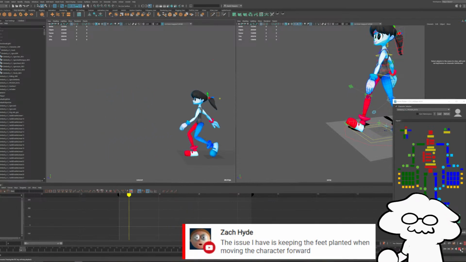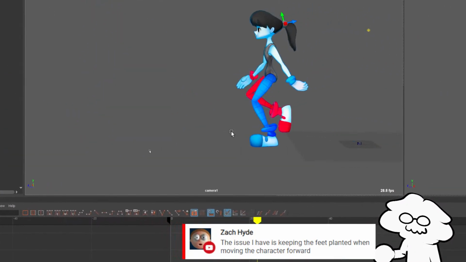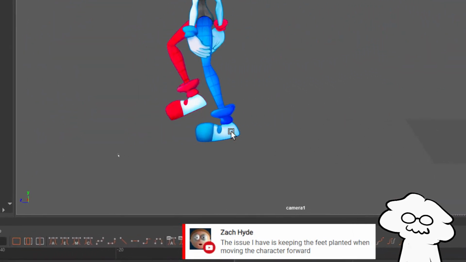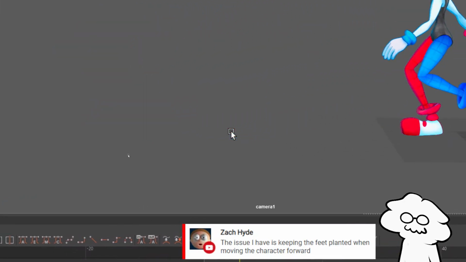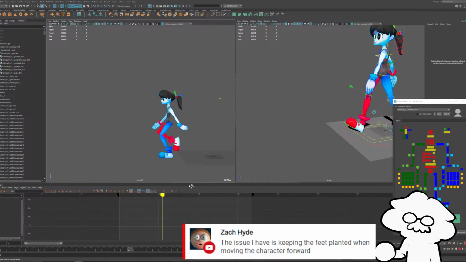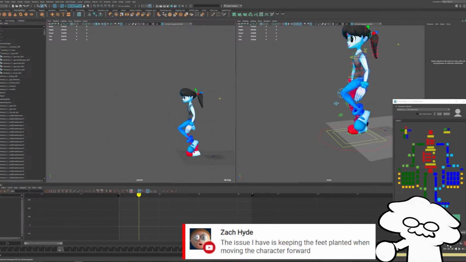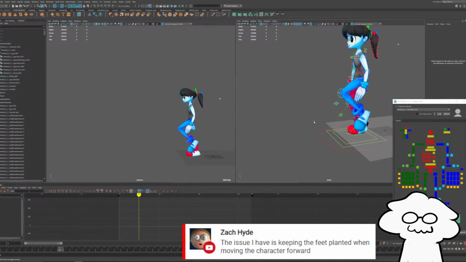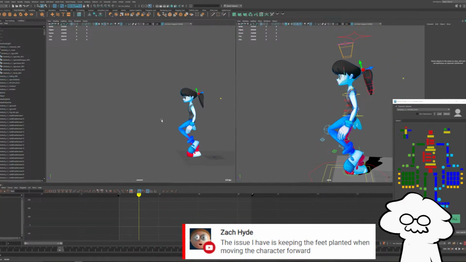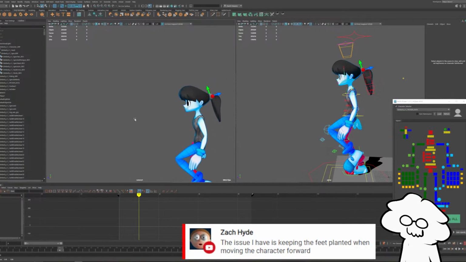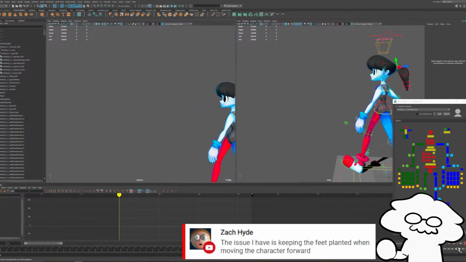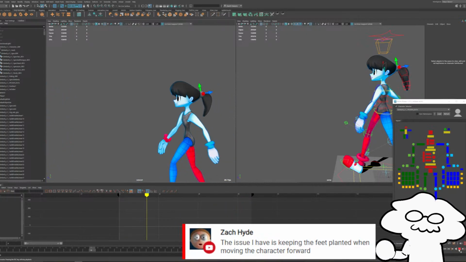And that works okay, but obviously, and you can even see it here, the feet slide a little bit, right? Let me see if I can get really close. You can see the feet sliding just a little bit. So whenever you're animating that way, where you do a cycle and then just move the control forward, it is easier, but you make that trade-off of the feet sliding a little bit. That's why if you're animating a scene where your camera is this close and you don't see the feet, that doesn't matter, right? So you can just do a walk cycle.